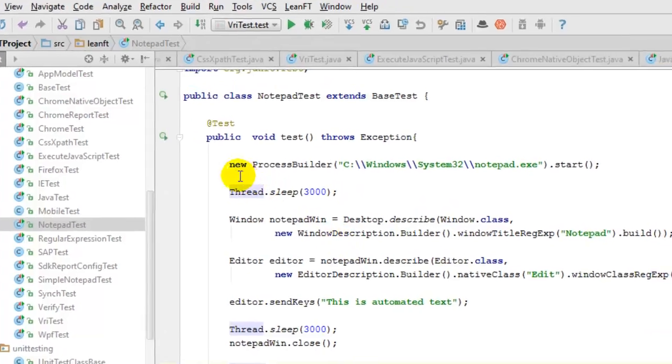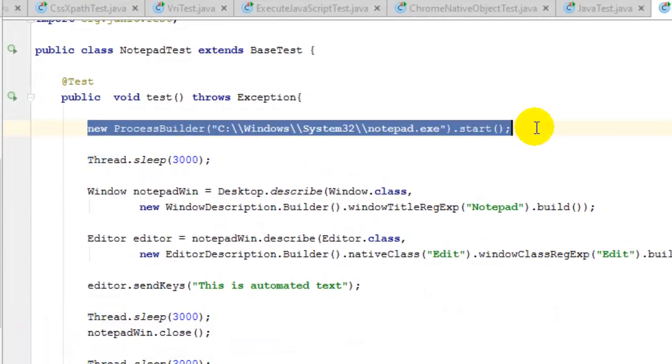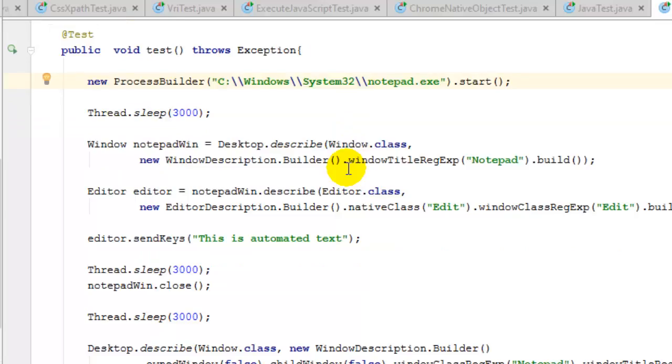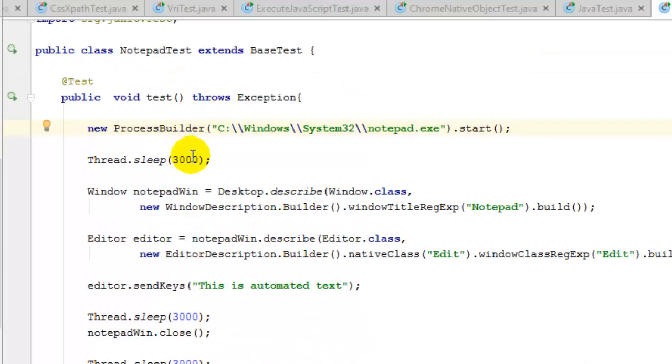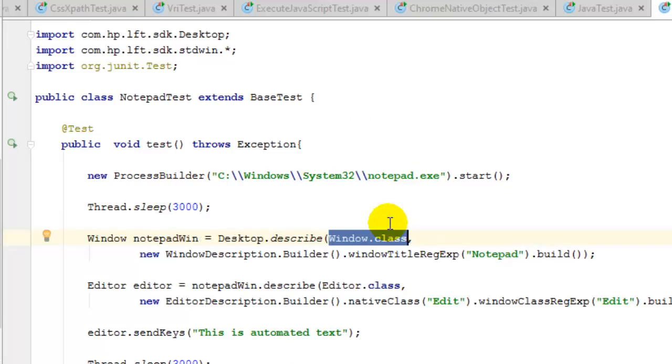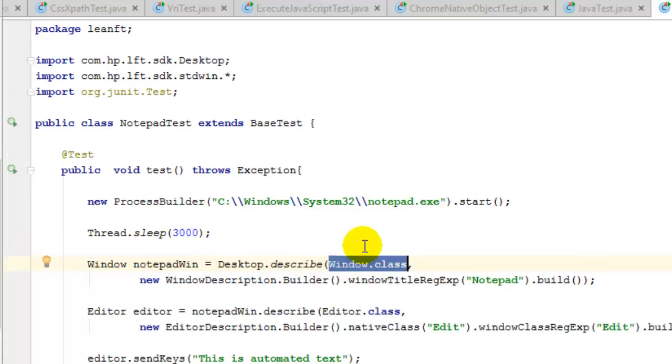Over here, we have launched notepad.exe using the syntax new ProcessBuilder start. It actually launches the notepad. After that we have added a sleep of 3 seconds. Then since notepad has no parent, we have used Desktop, and then the describe method. Then Window.class, so here you have to give the class of the application. We know that it's a window, so we have used Window.class, and you notice that we have used